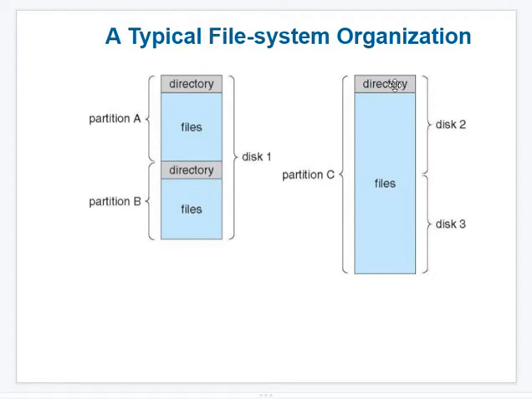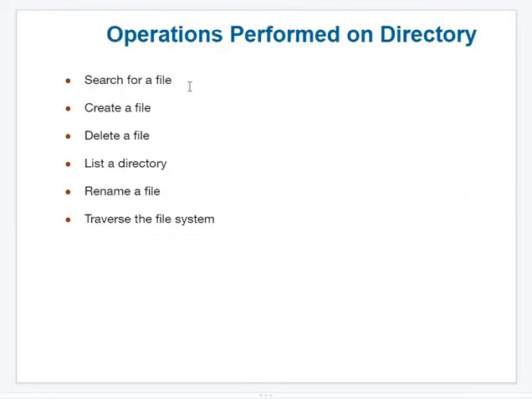Okay, so there may be another possibility that even though we have multiple disks, we connect them continuously and call them the same partition. So what is the name of the partition? C. Even though we have multiple disks, still we can connect them and use them as a single partition. If there is a single partition, there will be a single directory table. So the meaning is, however many partitions there are, that many directory tables will be created. Hope it is clear now. Right. Okay, now what all operations can we do on a directory?